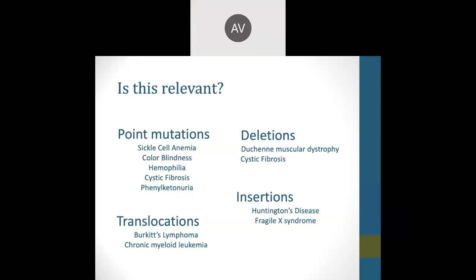Mono. EBV, mono. So in this population, I know I showed you guys Burkitt's lymphoma. That's where they typically have the big old jaw tumor. They have to have this translocation and catch EBV, and then they're at risk of it. We really only see it over in Africa typically. You don't see it here in the US too often.